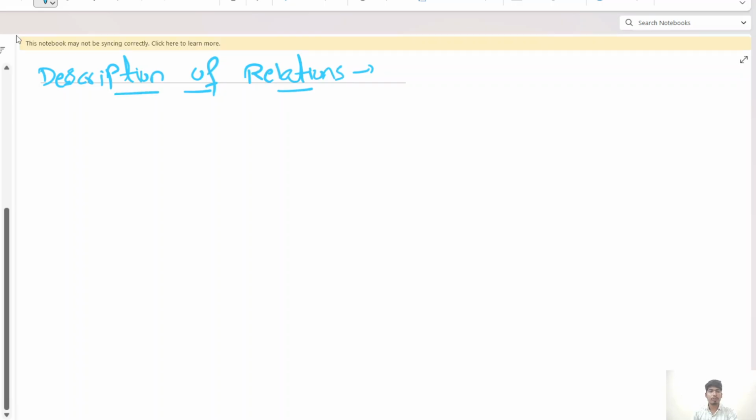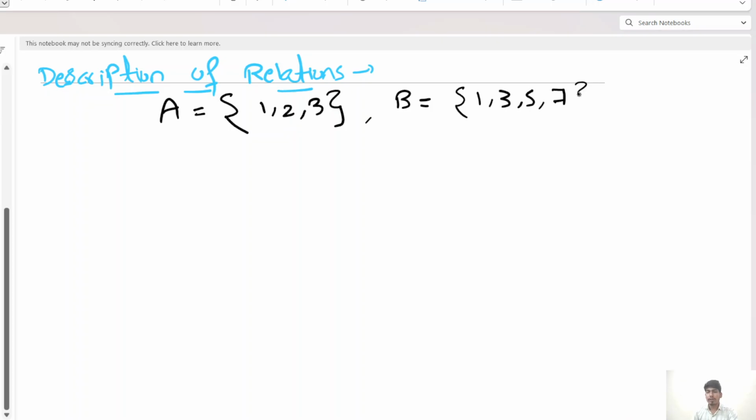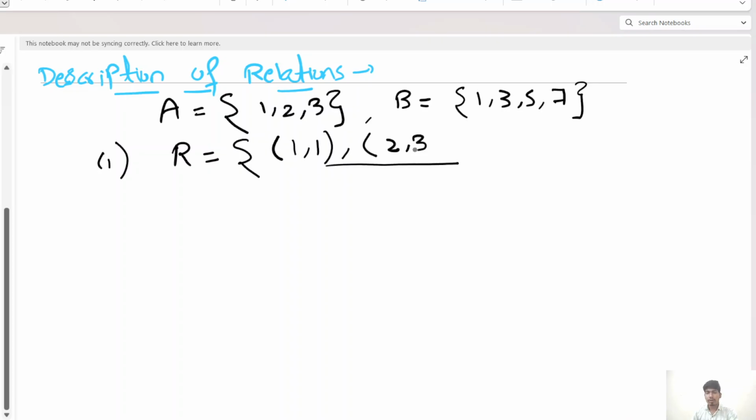Description of relations. Okay, let A be a set {1, 2, 3} and B be {1, 3, 5, 7}. Then what are the possible ways to show a relation? First, the elements directly written in roster form. Okay, this is one way to show a relation. Second one is